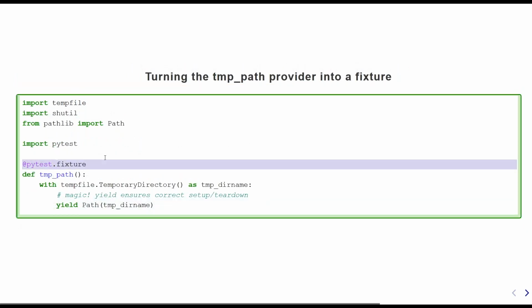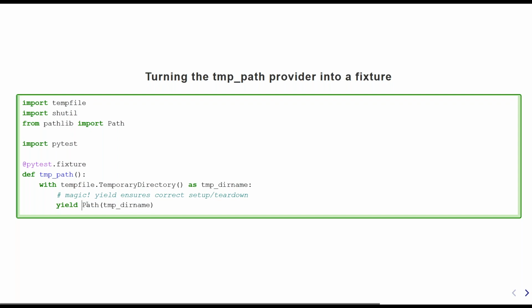So I say @pytest.fixture. This is the signal to say, PyTest, integrate this function into your run as a fixture and provide that to other tests. I call this tmp_path, and I do pretty much the same here as I did before, only that here I'm not calling the function myself because that's what PyTest is doing for me. So all I have to do here is give that path back, and everything I write here is given back